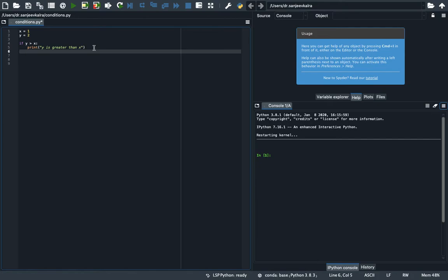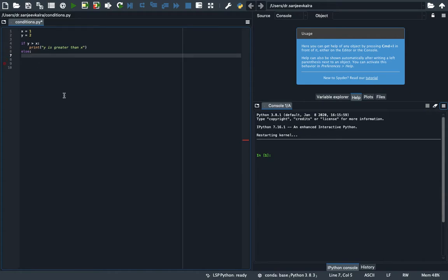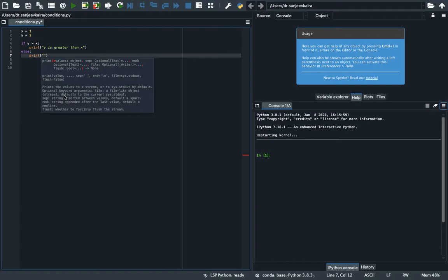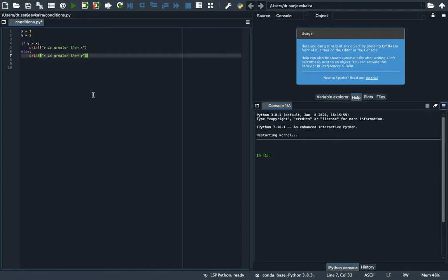But what if it's not the case? Because there are two possibilities. Y can be greater or x can be greater. So else print x is greater than y. So what happened here is that we named two variables x and y.